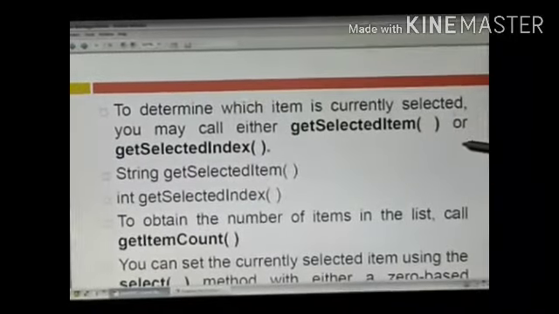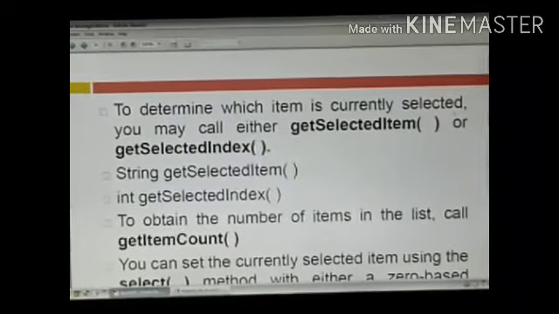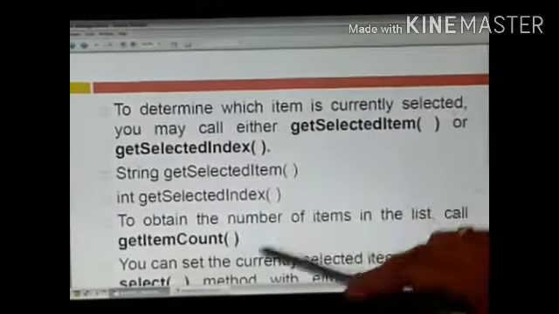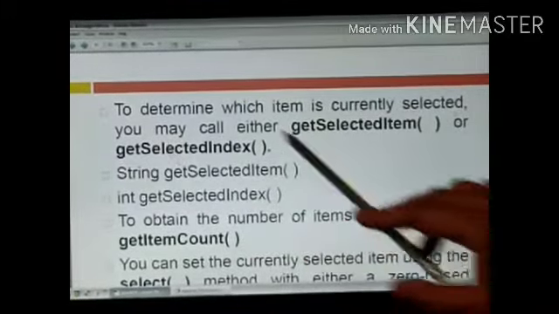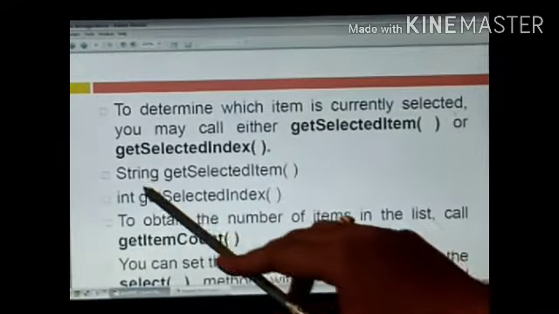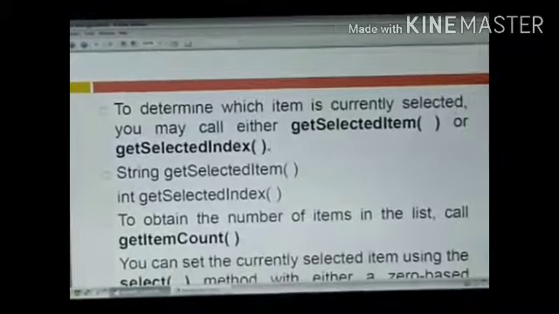So getSelectedItem is the name or the label or the string which we are going to give for that item. So String getSelectedItem, int getSelectedIndex. See, getSelectedItem always has a return type of string, and this one has a return type of integer.